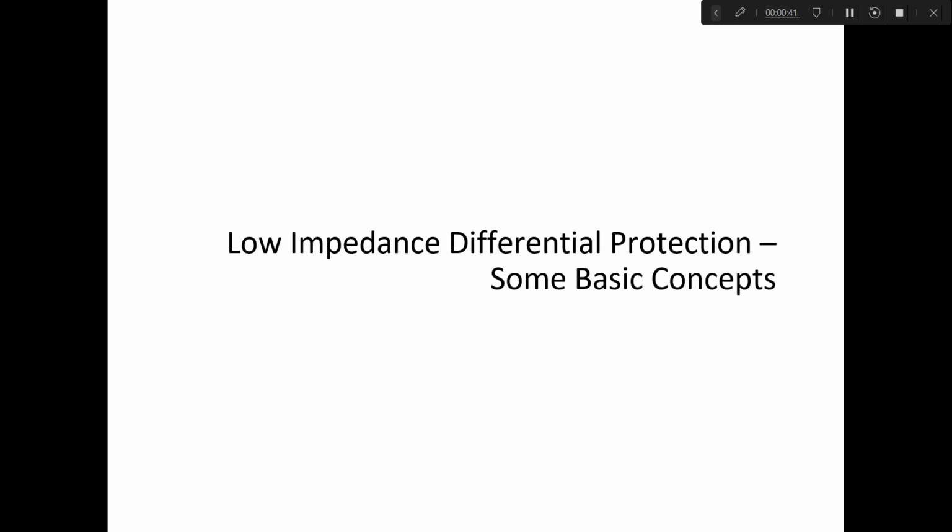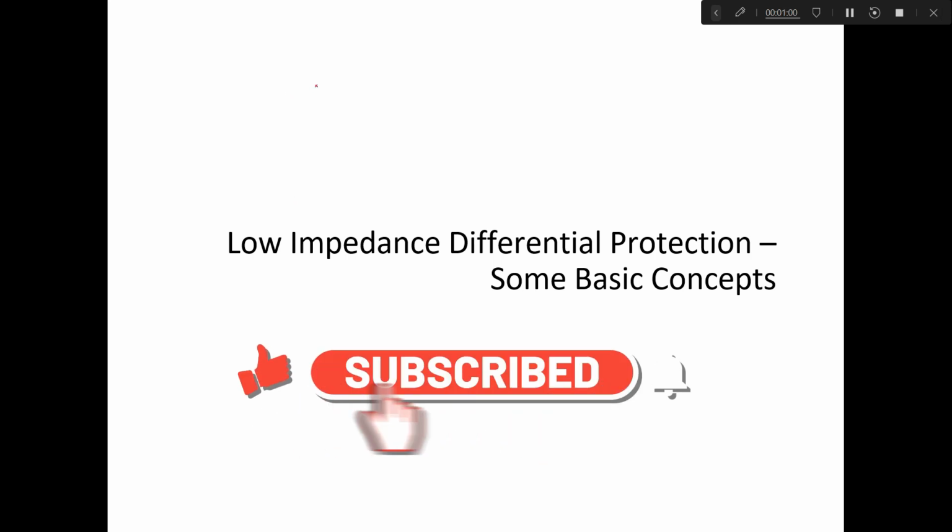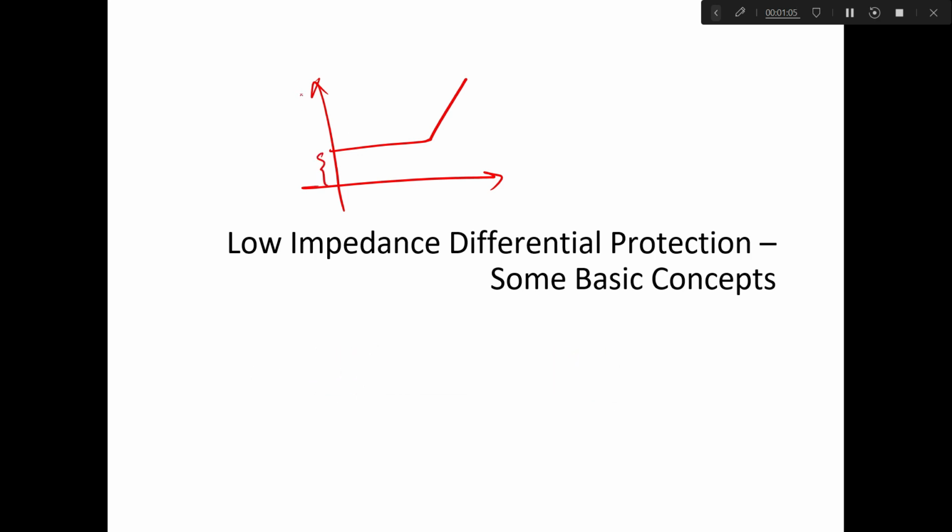bar protection, and also, in the last session, we have discussed in detail the concepts of bus zone and check zone. In this particular session, I will discuss the concept of low impedance bus bar differential protection, wherein we will discuss two of the most important concepts, that is how this slope and the pickup, that is this threshold, are determined. Suppose this is your I differential and this is I stabilization. So how are this differential threshold and this slope determined in case of low impedance bus bar differential protection.